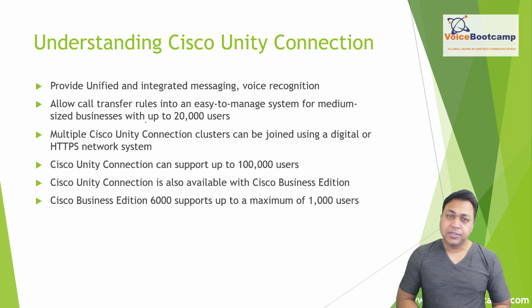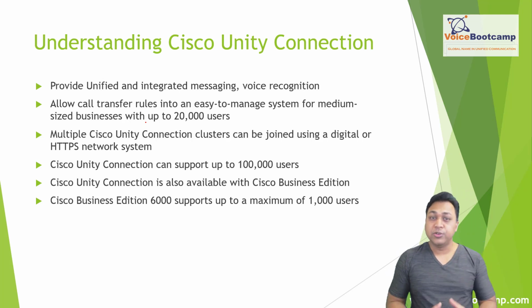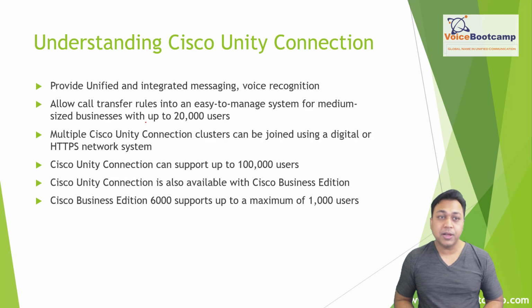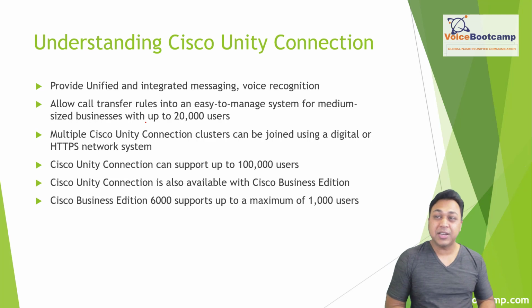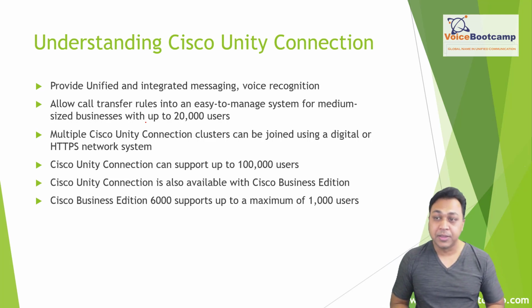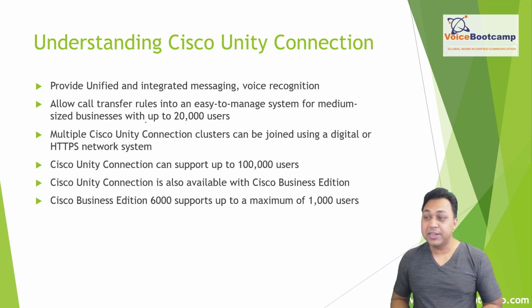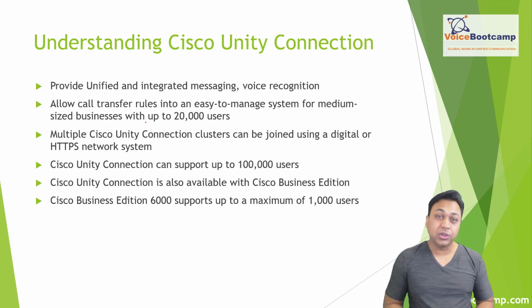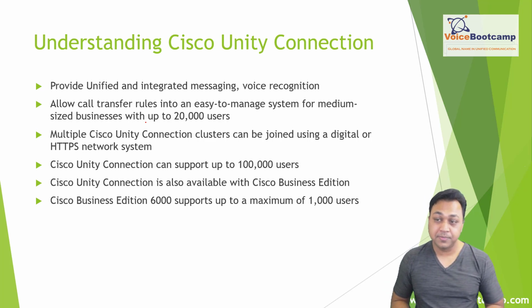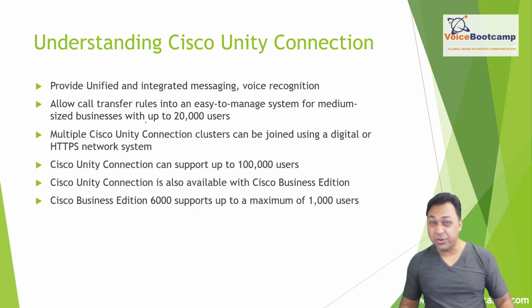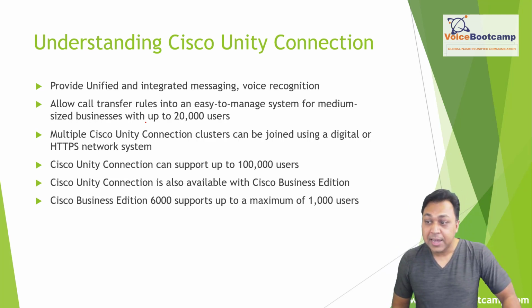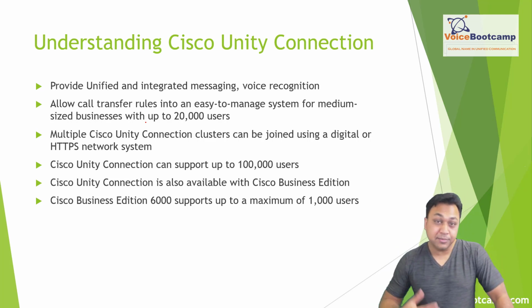Unity Connection. In the Cisco Unified Communication Platform or Collaboration Platform, Unity Connection is used to provide voicemail. It provides unified and integrated messaging and voice recognition. It allows call transfer rules and an easy to manage system for medium size deployments of up to 20,000 users. Now multiple Unity Connection clusters can be joined using a digital or HTTPS network system. Unity Connection can support up to 100,000 users or mailboxes, and it can be available in a business edition